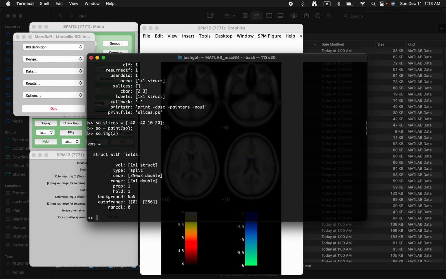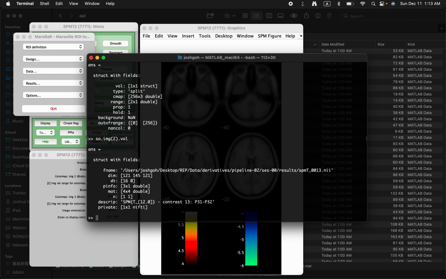It has the field volume, and the way to change image 2 is to change the field SO.img(2).vol.fname, and you're going to update it into, let's say you didn't want to show